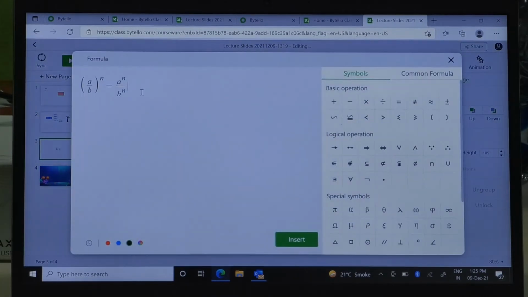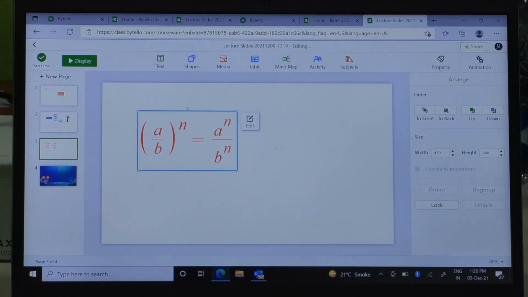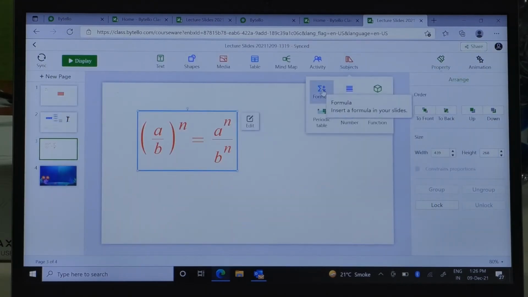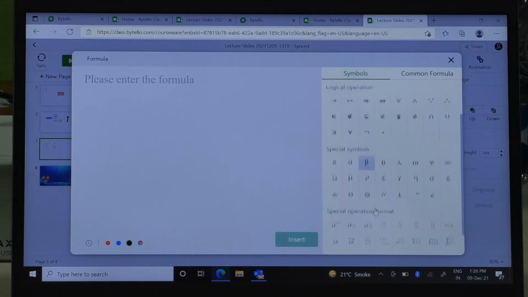You can edit the particular formulas. You can change the colors like this, it's red color. You can zoom in, zoom out. Okay, so you can just mention lots of colors and lots of formulas it has. You can just type any formulas, like let's suppose